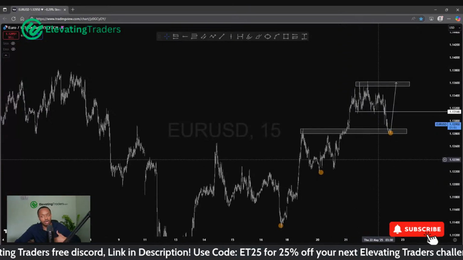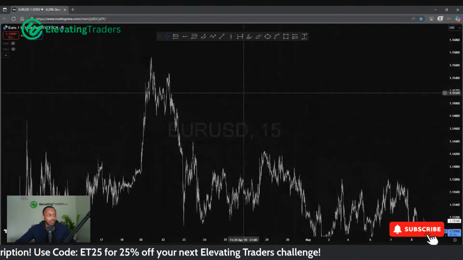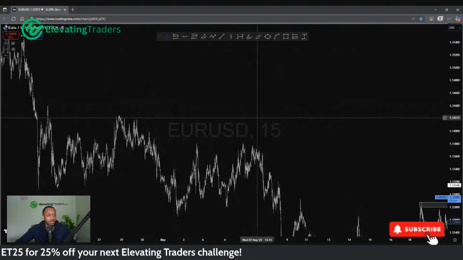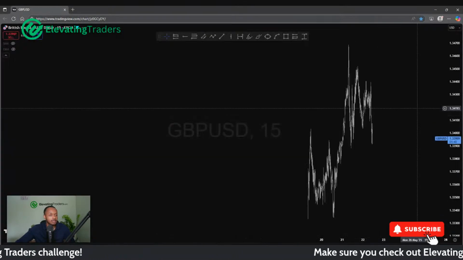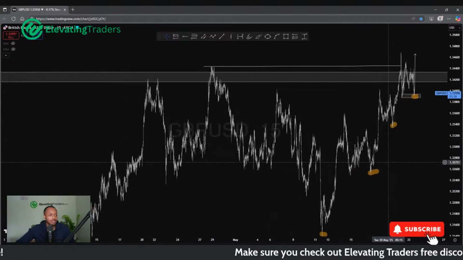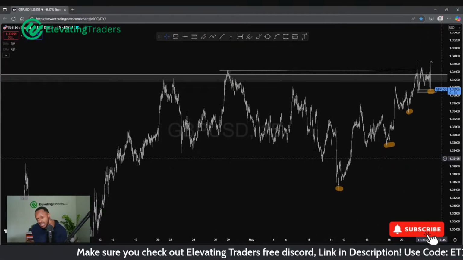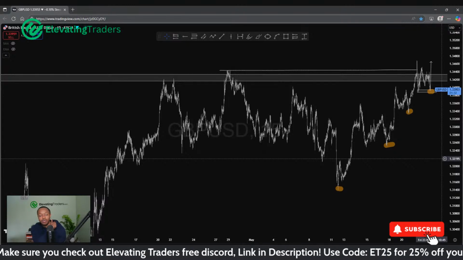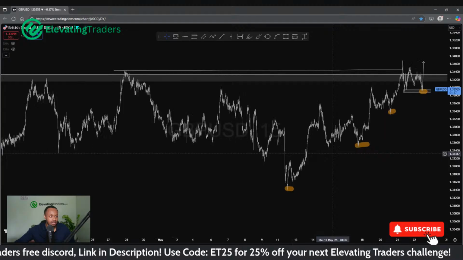But Euro's not running into trouble. Yes, there might be some supply on the left here, but the major high for Euro is all the way up there. So I think Euro is the much better buy in terms of where we're situated. You could argue that Pound is the stronger currency, and it is, but based on where we're trading, you can very much see spikes and ugly price action at this type of area.